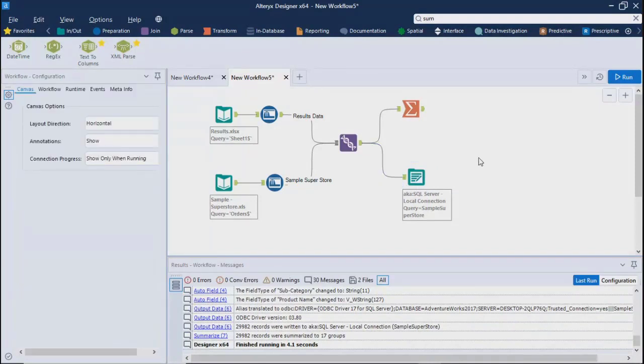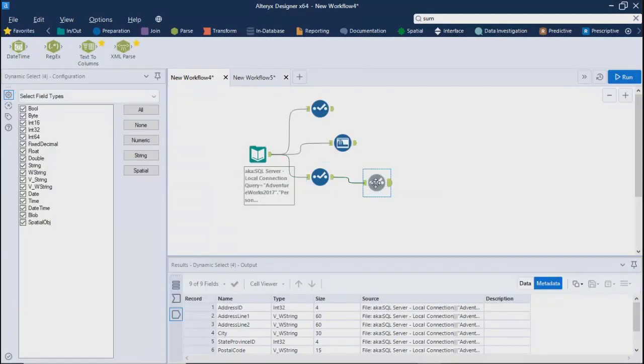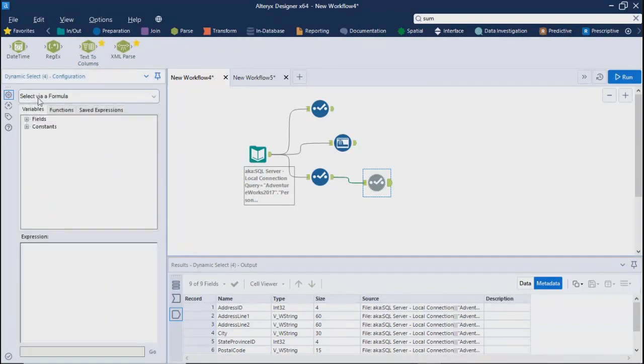Is there any specification for when to choose select or dynamic select? That's what we went through. For dynamic select, there are two conditions. Either you want all the fields related to a particular data type, you can use this. Or let's say you want to create your custom data set, there you can use the formula.